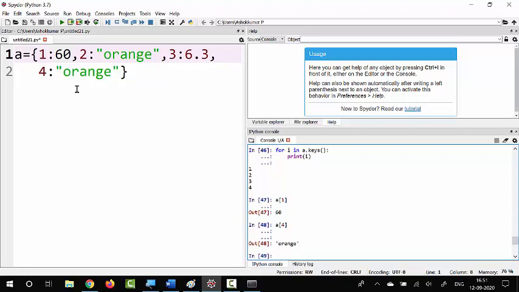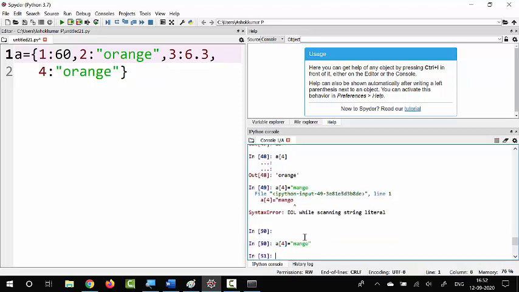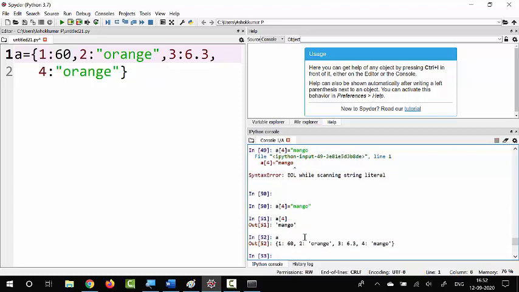Suppose I want to change the value of key 4 from orange to mango. So I can give it like this: A of 4 is equal to mango. Okay, so now if I print A of 4, you will get mango. Let me print the entire dictionary. You can see the value for the key 4 is changed to mango.